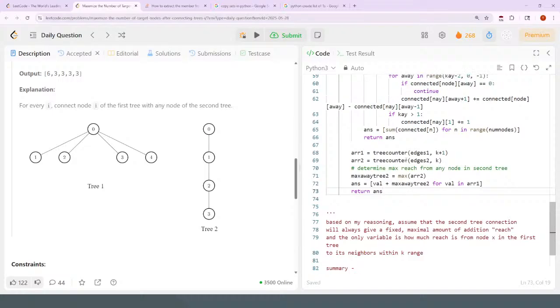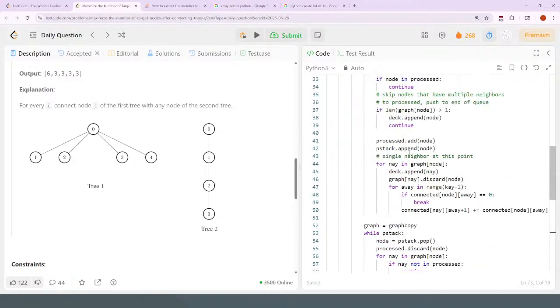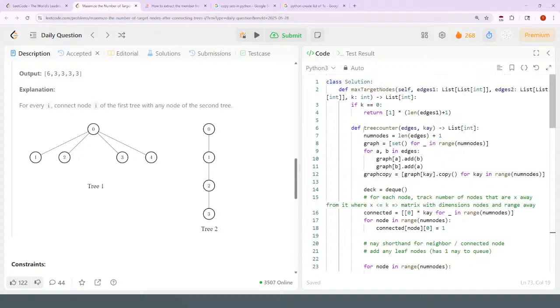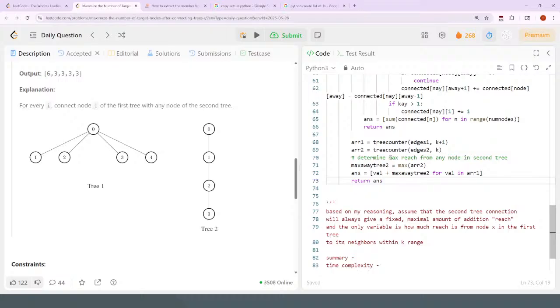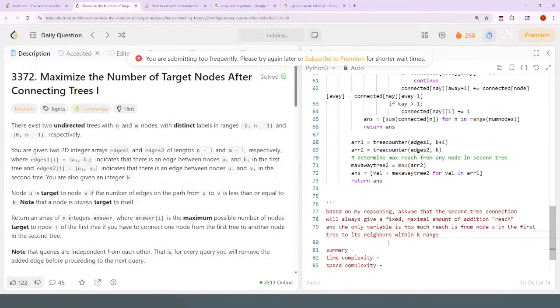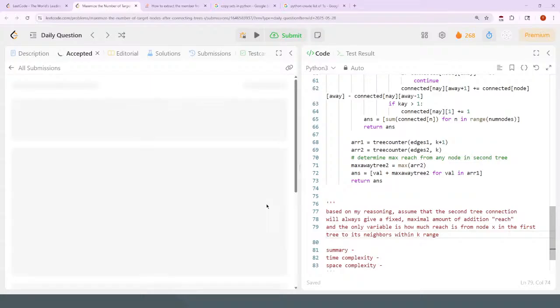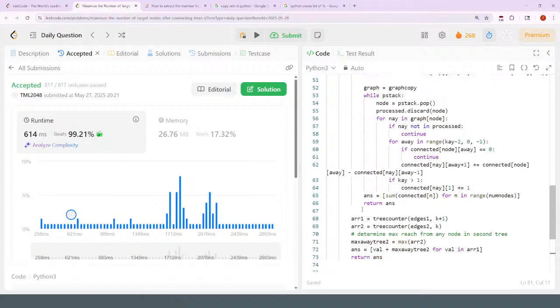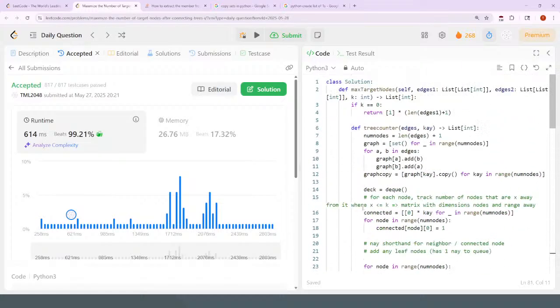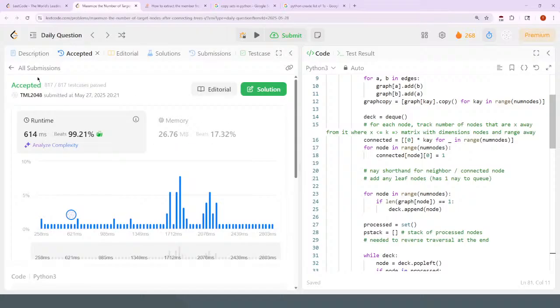Okay. Turn max. Okay. The only variable is how much reaches. Double checking here. I didn't do something stupid and delete something necessary. Okay, so there's just no way this is a normal problem. I don't know. So the summary of this one is